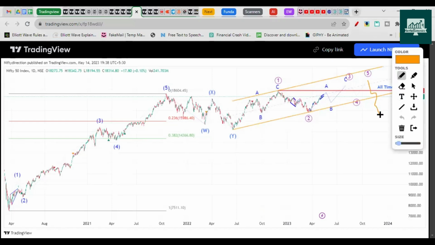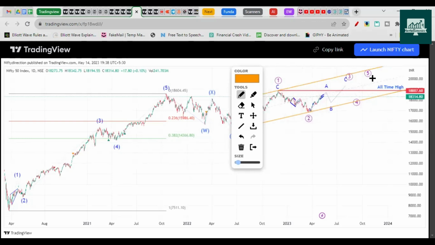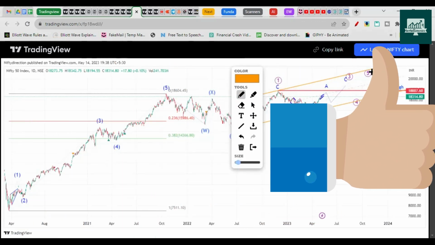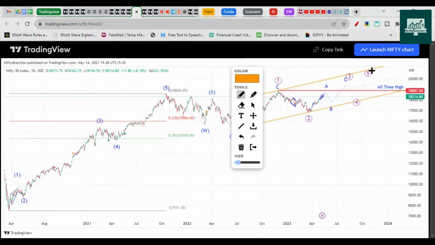Either there will be a correction anyway, whether it will be a short correction or a big correction. We don't want to predict that yet. Let's reach and complete the 5th wave. Let's see some signs there, and then we can predict how much it can drop, depending on the intensity of the 5th wave, whether it goes beyond